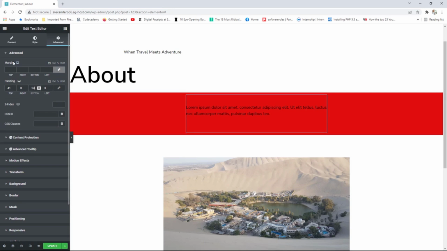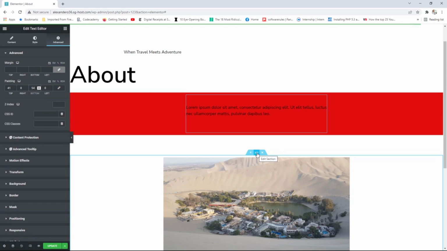Margins are used to create space between sections. Paddings are used to create space between a section and the element contained inside of it. Hopefully, you now have a good understanding of what margins and paddings are. One more quick thing, you could also rearrange sections by simply clicking and dragging. So if I wanted to move the section holding the image to the top, I would simply